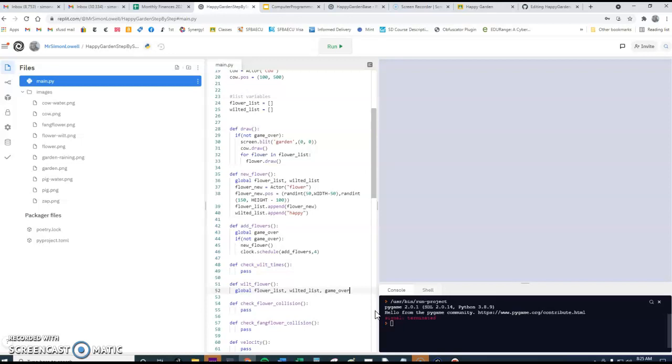Okay, and then once we've got those, we're going to write our typical if not game over if statement. So we don't want to do this if the game is over. And we're going to want to watch our indentation here because we have an if statement inside of an if statement. So the next if statement is going to be if len of flower list